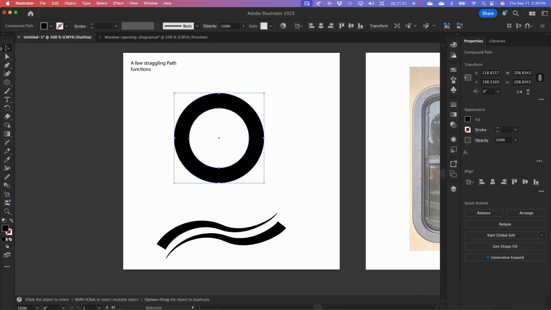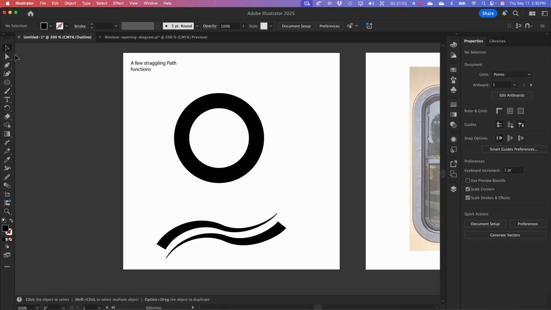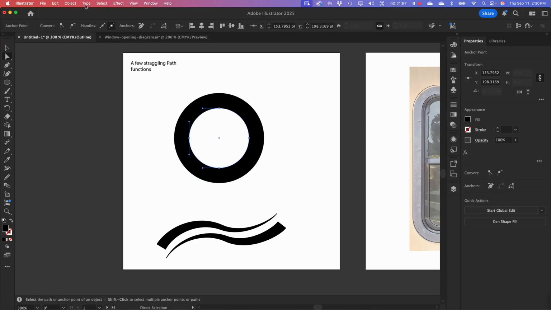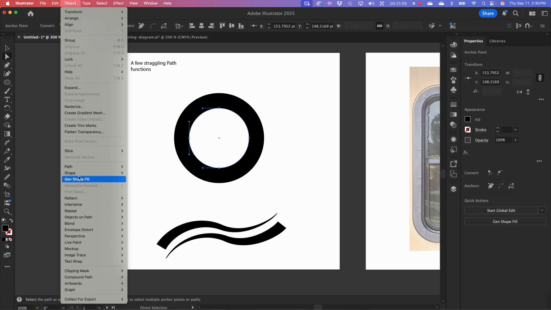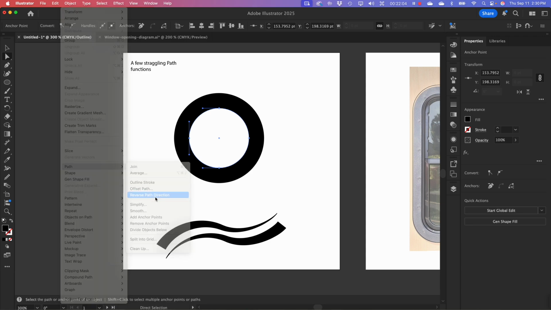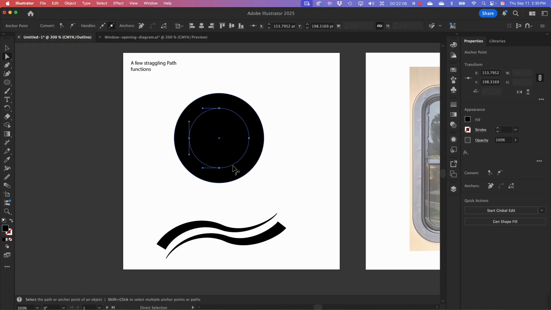And 8. If I select this path, object, if I reverse with compound shapes like a circle,